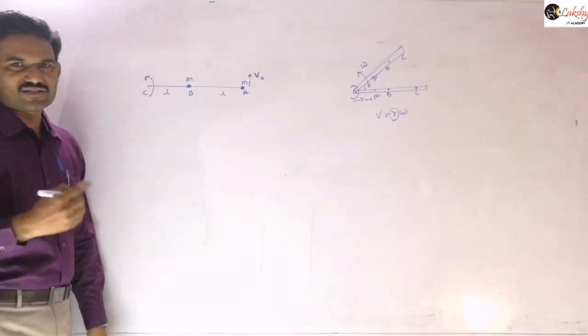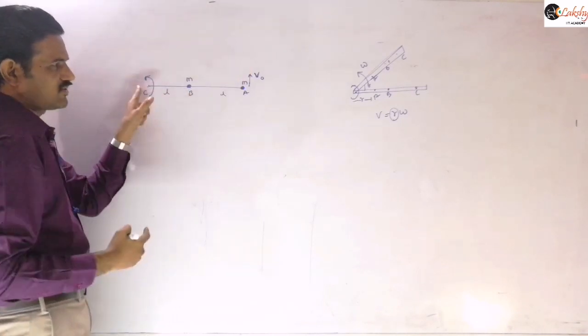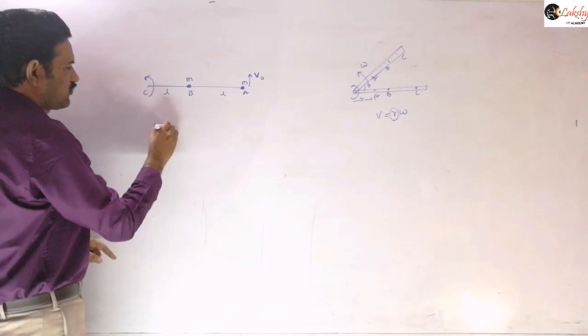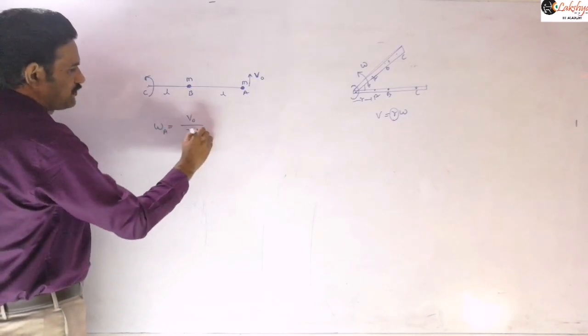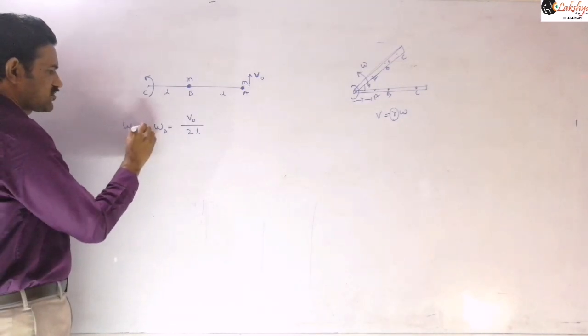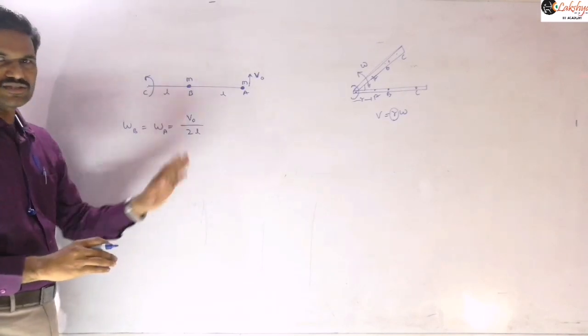In general, angular velocity, we know already. If the observer is here, now the particle is traveling with the velocity v naught. So perpendicular velocity by perpendicular distance, now we can write here. Therefore, angular velocity, we can write this as angular velocity of A, I am writing here. And now we can conclude that the angular velocity of A and angular velocity of B both will be the same only. Right? As I said, the angular velocities will be the same.